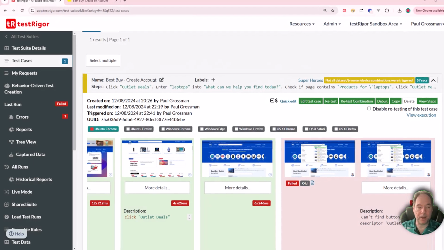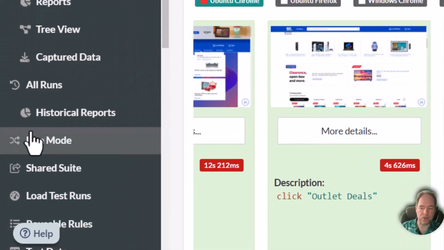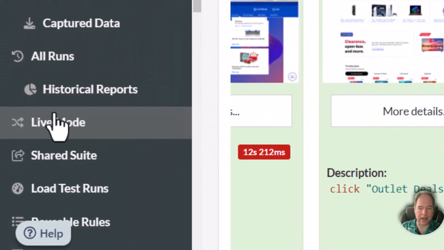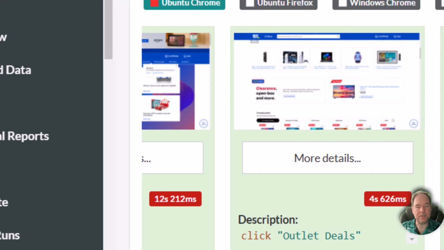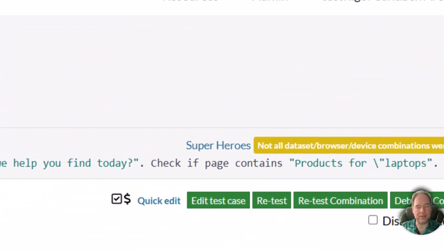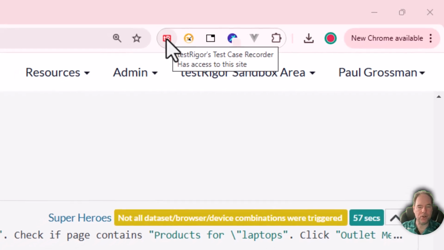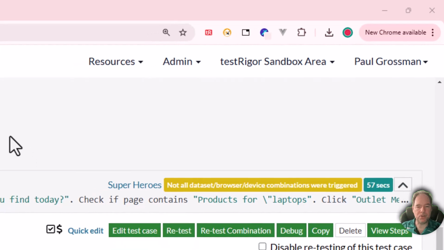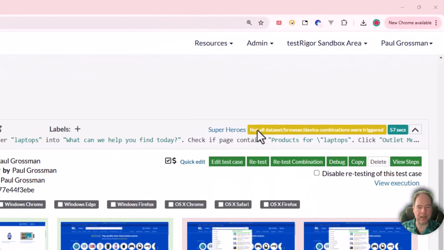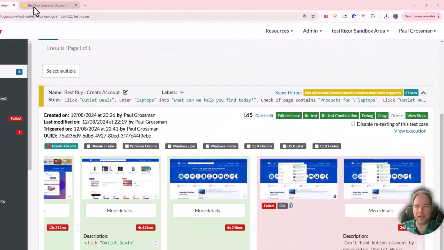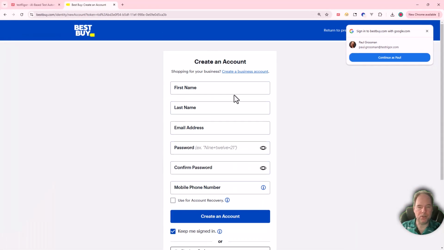Hi, today we're going to be taking a look at a brand new feature in testRigor called Live Mode. Now, this is based on an existing feature, which was a Chrome extension that you could install onto your browser to allow users to simply record the actions going through an application to interact with different fields and capture data